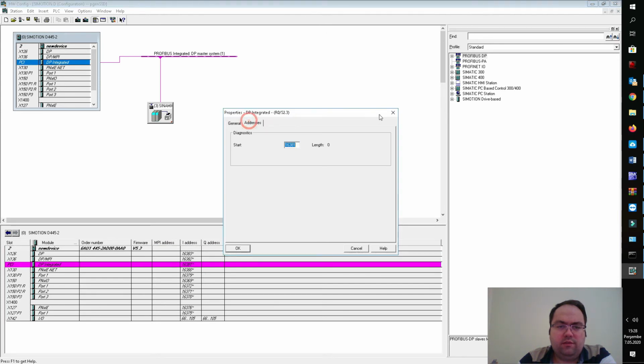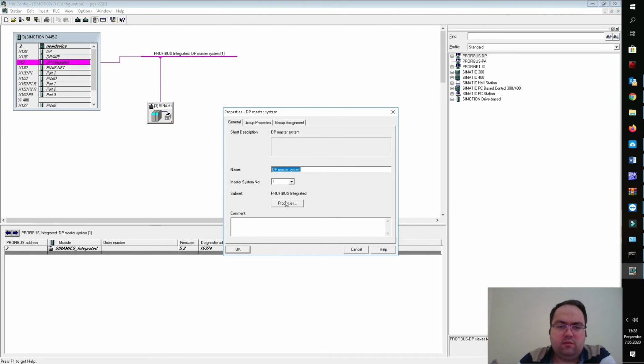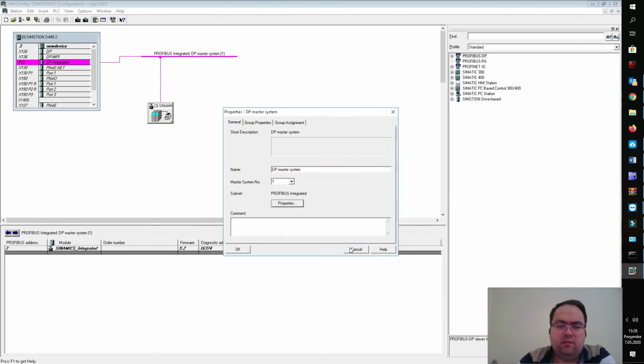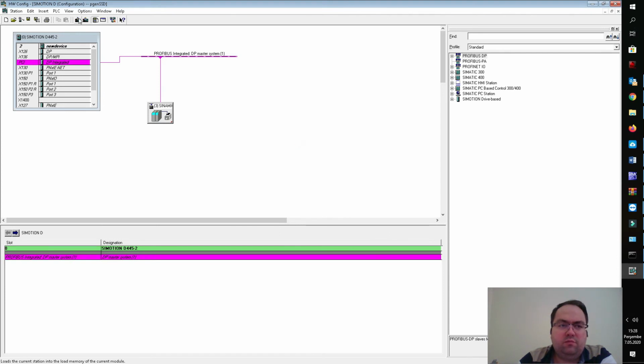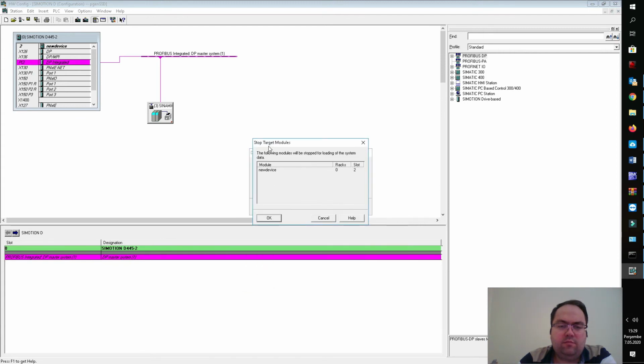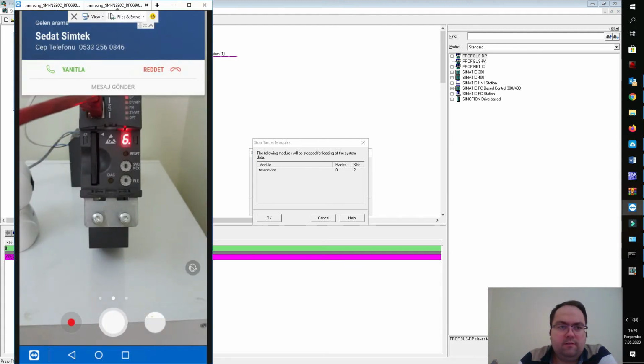You see here the PROFIBUS integrated subnet ID matches according to our project. Right now the CPU is in its factory state. That's why we couldn't see any subnet ID on the CPU.